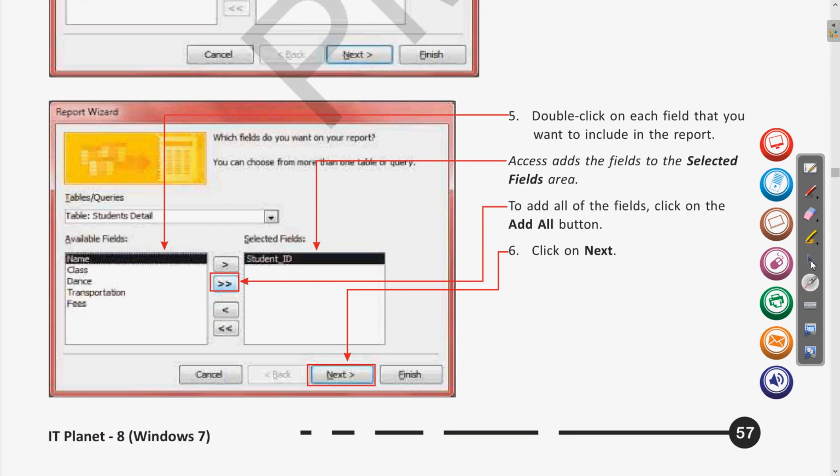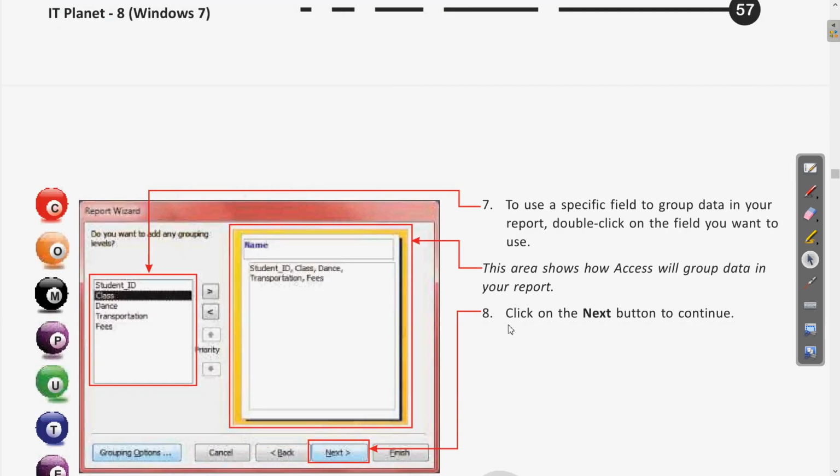When we move further to the next step, if you want to do some grouping, if you want to make two groups or more than that, there is the option to make two separate or a number of groups. Here you can see that name is in one group and the remaining fields are part of another group.